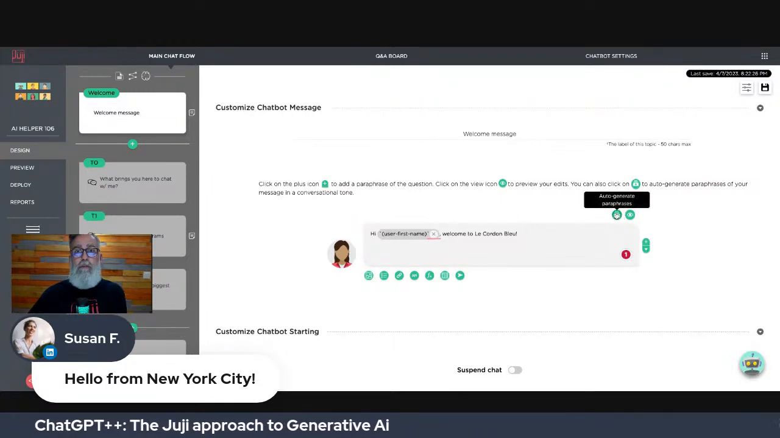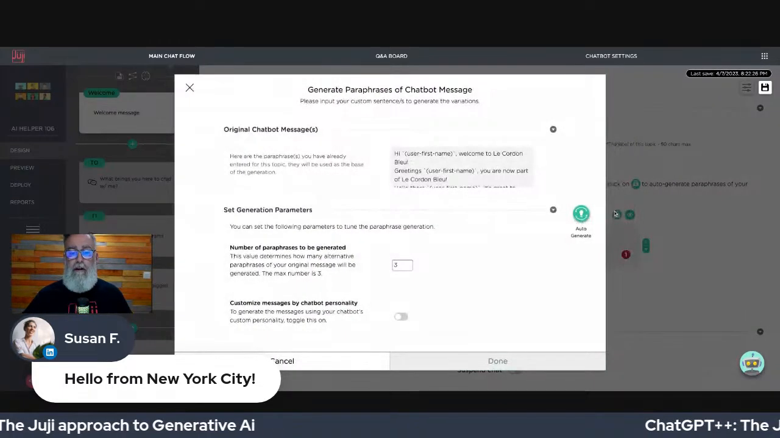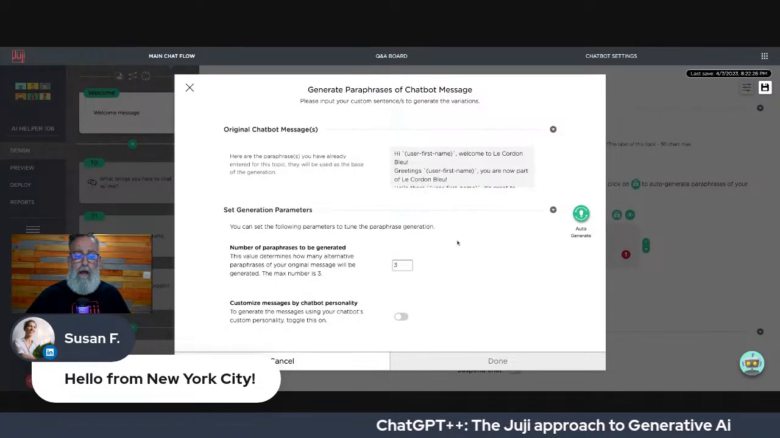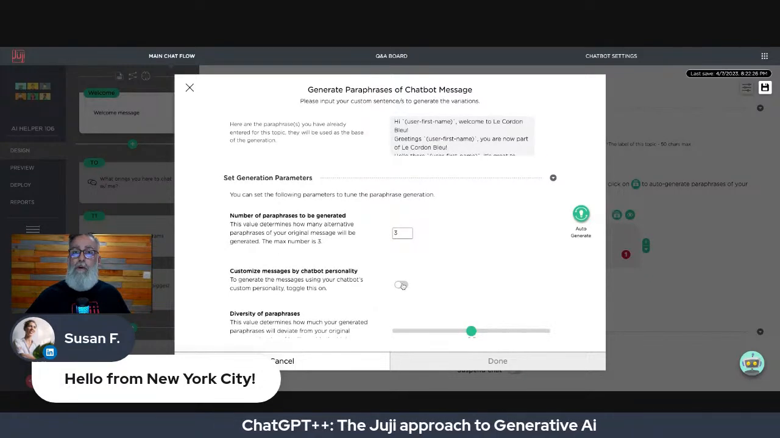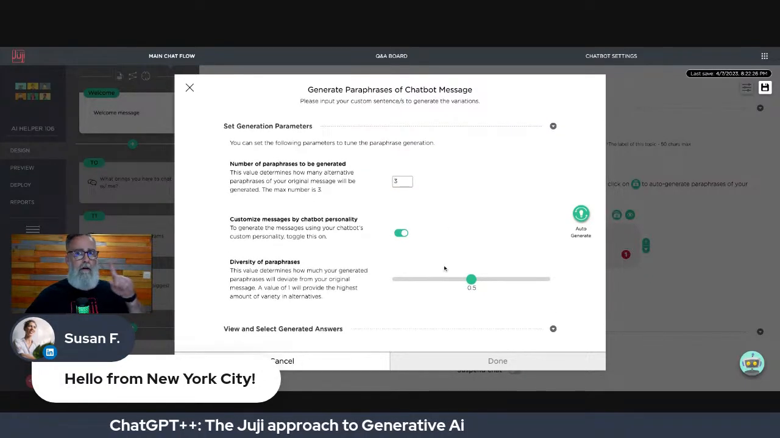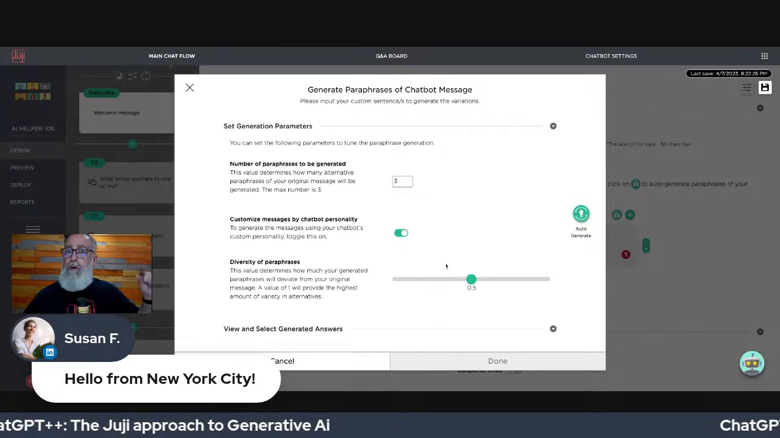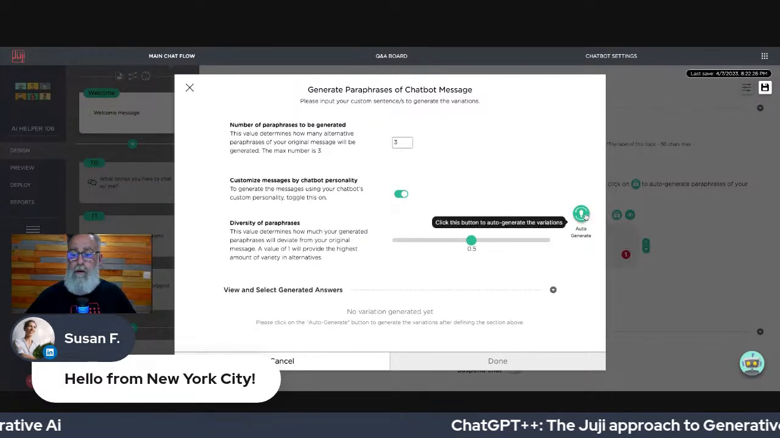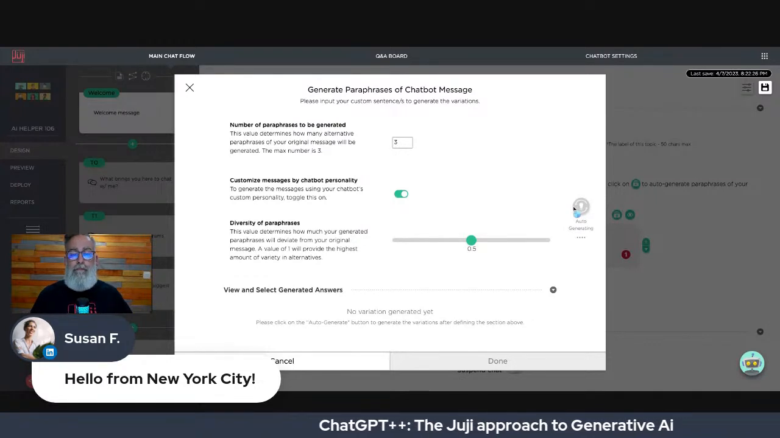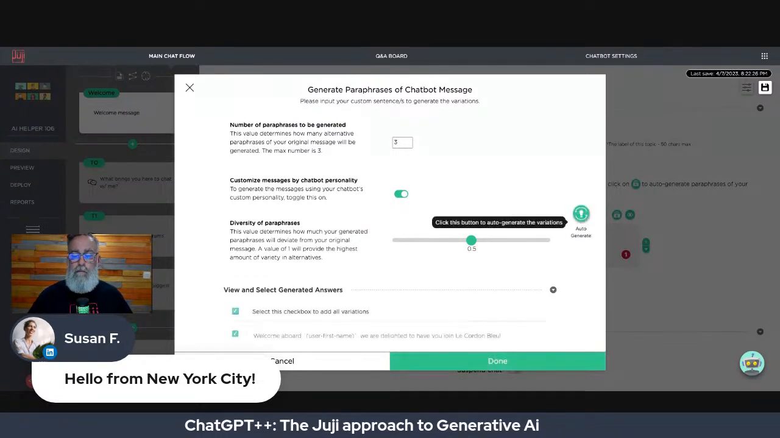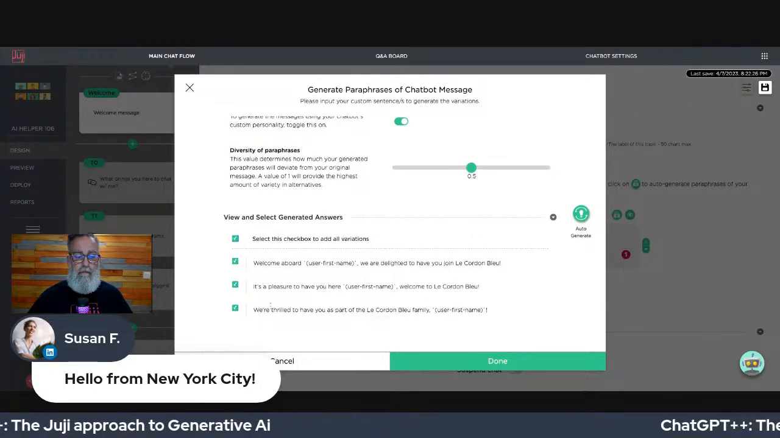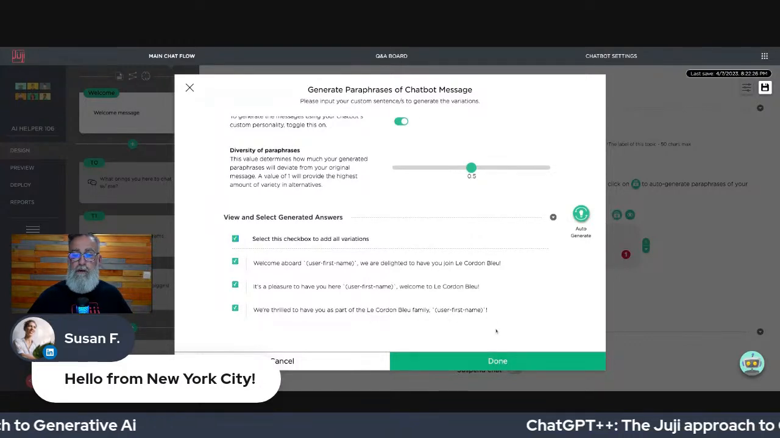So as we did with the Q&A, you just auto-generate the paraphrases. You can see there's 3 in there already. We're just going to make sure that we've clicked the personality on. Important bit. Otherwise, you will not get that personality that we defined very early on. And then we click auto-generate. There you go. So it's got some different messages. So if I click done,